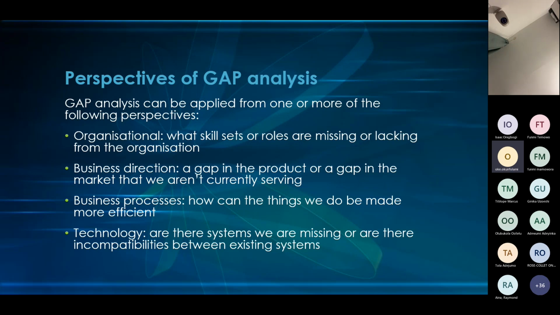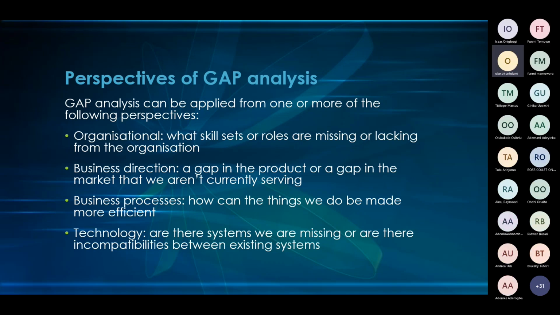So from the perspective of business processes, you're considering how can the things we do be made more efficient? And we talked about this when we mentioned the advantages, like efficiency. So we are currently engaged in a process, and you want to consider how much time does it take you to complete that process? How many people do you require to complete that process? Is there a way we can make this process more efficient and drive down wastage so that people can focus on more value added